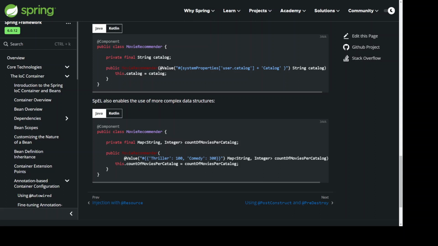@Component public class MovieRecommender { private final Map<String, Integer> countOfMoviesPerCatalog; public MovieRecommender(@Value("#{{'Thriller': 100, 'Comedy': 300}}") Map<String, Integer> countOfMoviesPerCatalog) { this.countOfMoviesPerCatalog = countOfMoviesPerCatalog; }